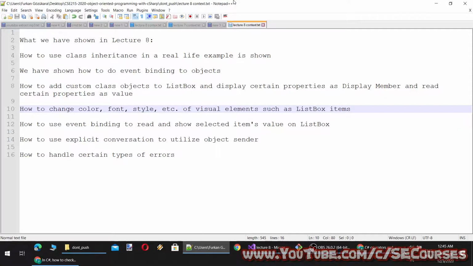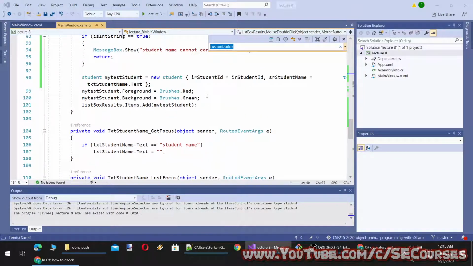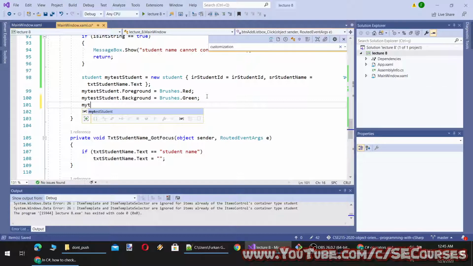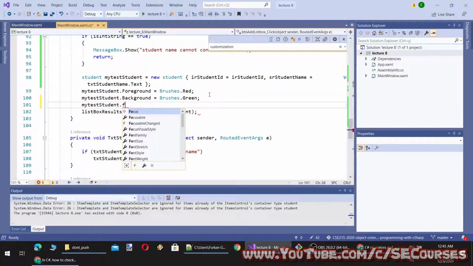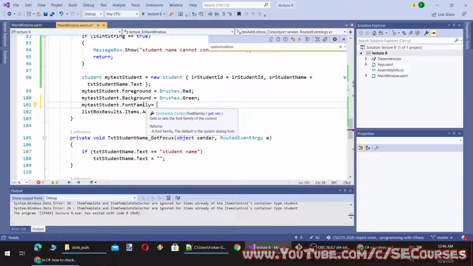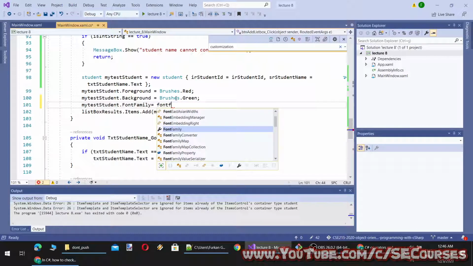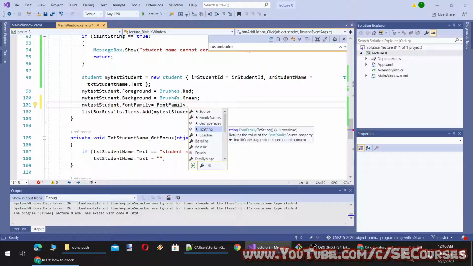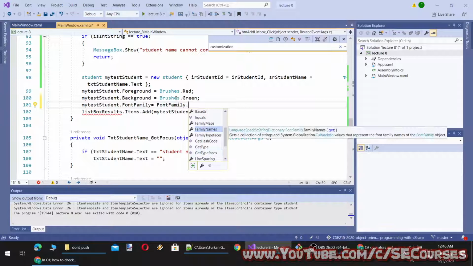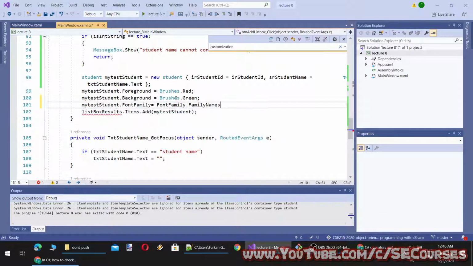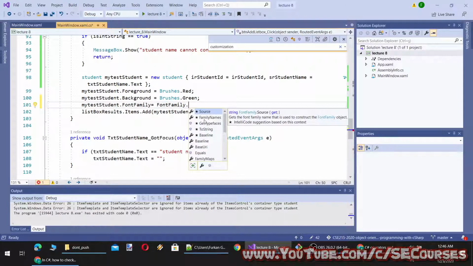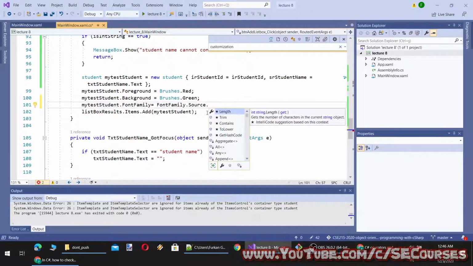items. Okay, so let's change these some styles of these list box elements. I will make it as font equal to, let's make font family. Okay, this is control font family. So font family dot family names perhaps from, this is not an enum. If I can find an enum, I can just pick it. Perhaps source dot.